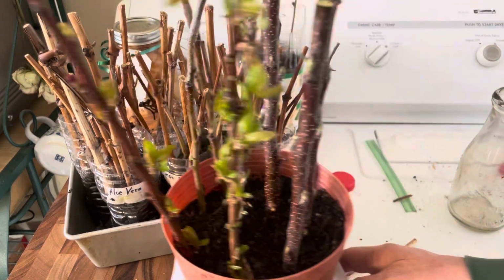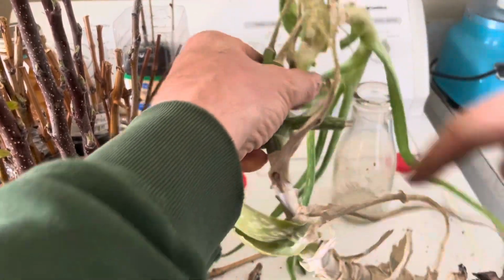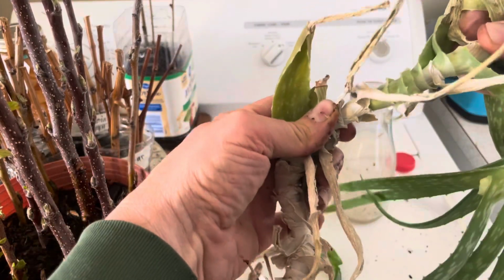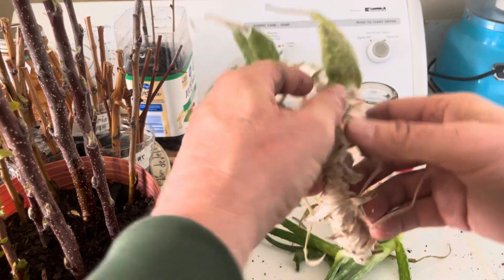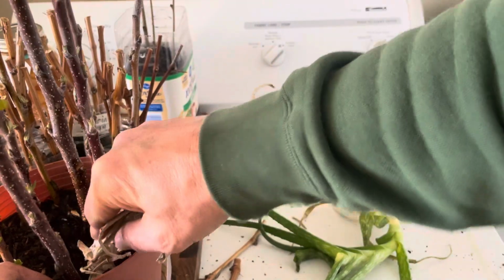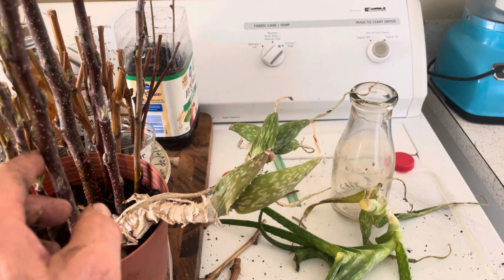And that's going to be pretty much it, except for the fact that I want to get this aloe vera growing. So I think what I'm going to do, I'll just show you here, is I'm going to break this off. It was growing in a window in a bathroom, and it grew out and around, and I'm just going to break it off here somewhere and cut it. There we go. I'll shove part of this. For now, I'm just going to put it down in the dirt in this and see if that'll help it start growing. I'm just going to shove this one in here. See if I can get it down in enough. Well, maybe. I really need to get a different container to put it in. So, anyhow,